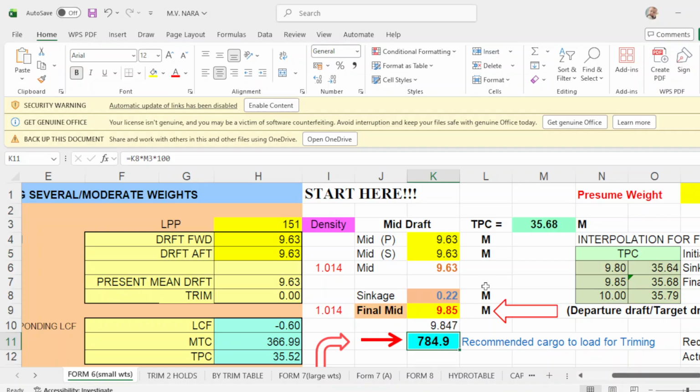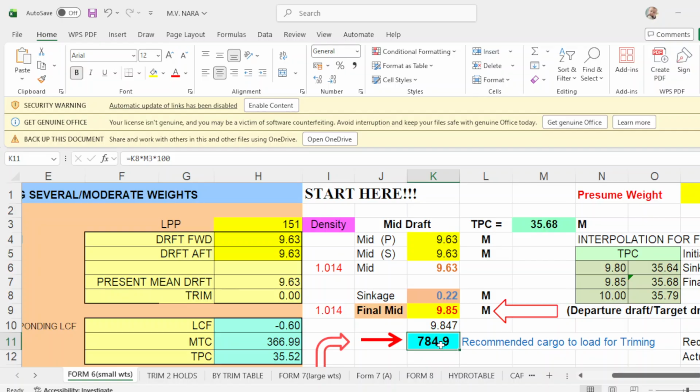Now take note, the TPC of 35.68. Your departure drop is 9.85, this one, and then you interpolate the TPC of 9.85, then you will get 35.68, which is this one. So again, sink gauge times TPC times 100 is 784.9.